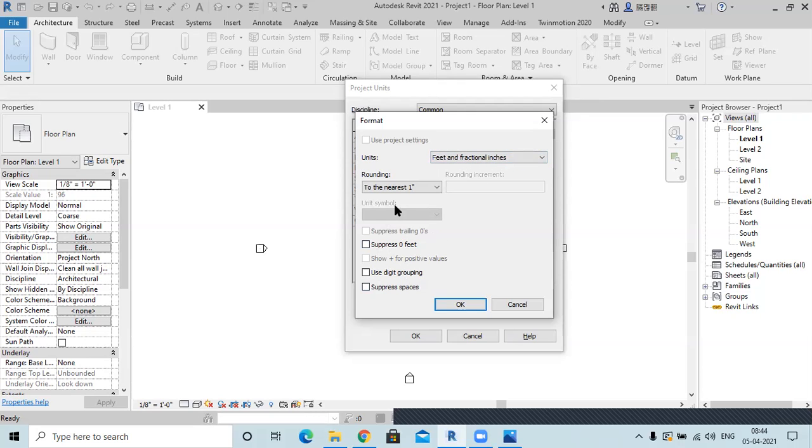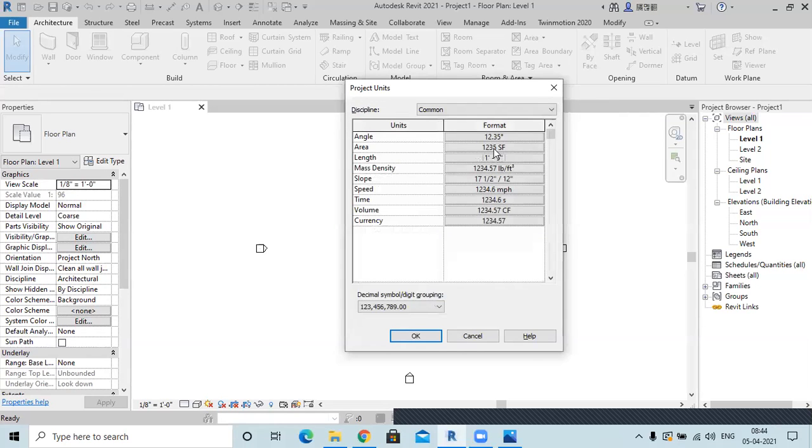Generally also we keep it to 1 inch only, whenever we are working on any project. That depends on how much level of preciseness you need in your project. For example, if it's somewhere you can't lose even half of an inch, then you can keep your preciseness level up to that half inch or 1 by 4th of an inch. Right now we are doing a demonstration, and we are doing an elevation project in which 1 or 2 inches are not a very big deal, so that's why I kept it at 1 inch.